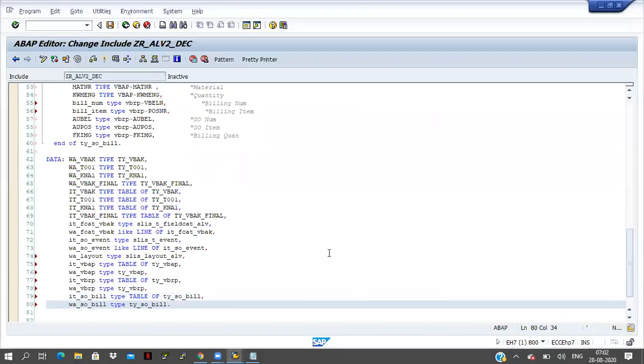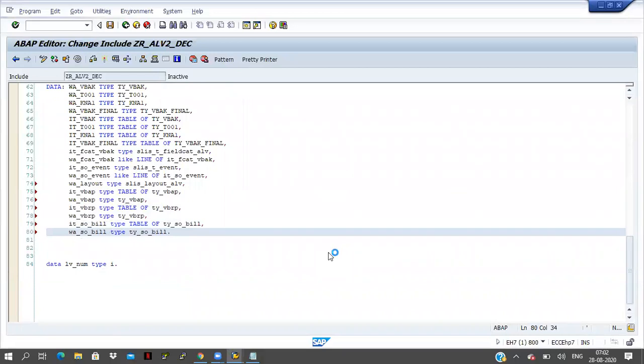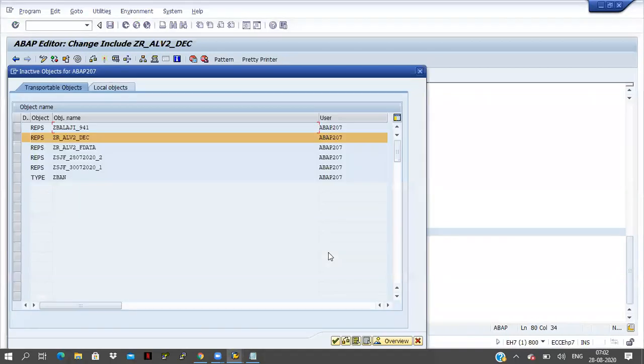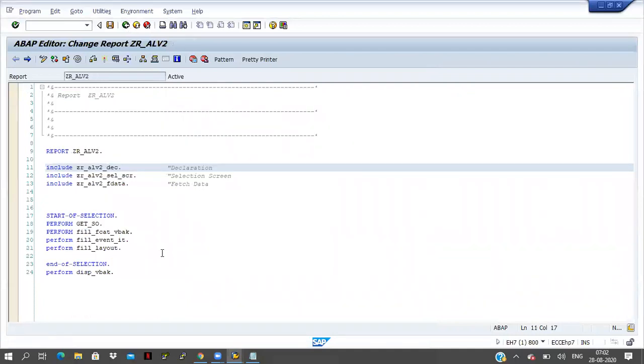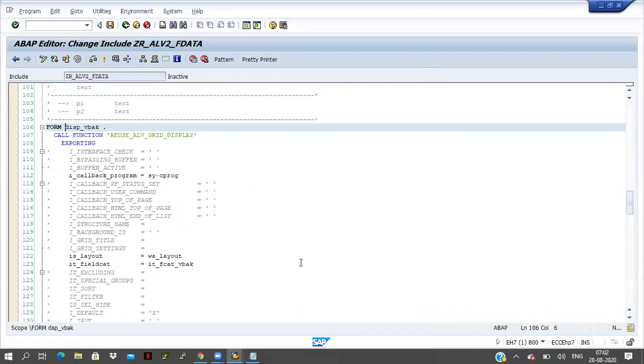So I'm declaring the work areas and internal tables here. Save and activate it. Click on the back button. I will go to the work program.